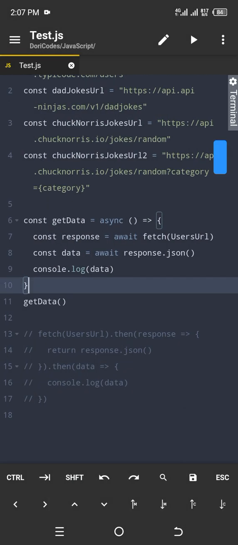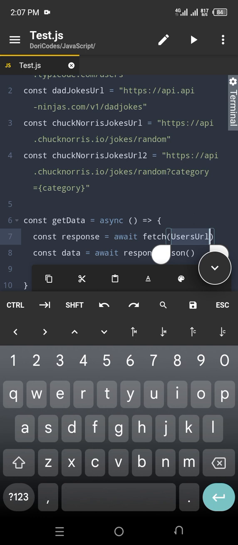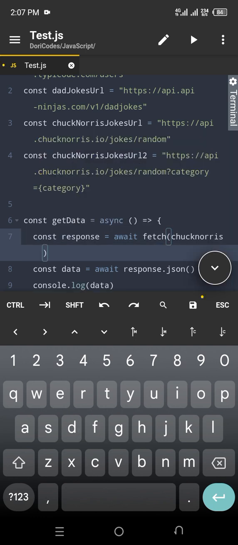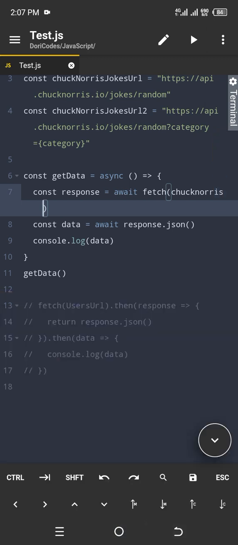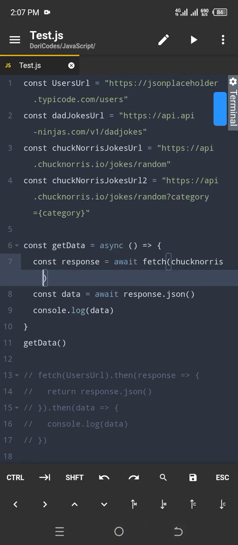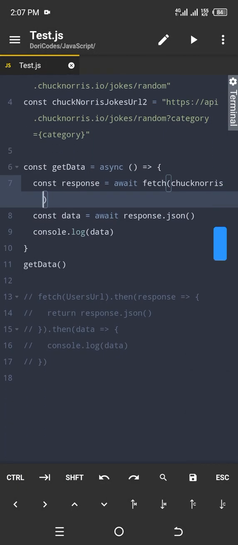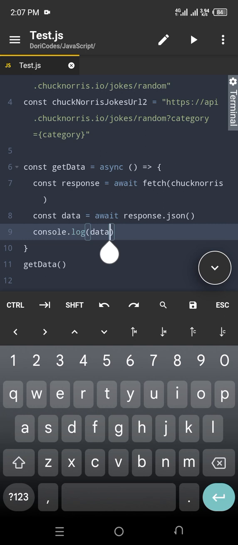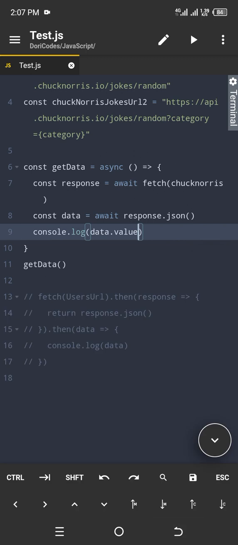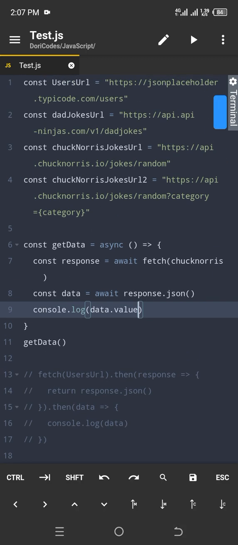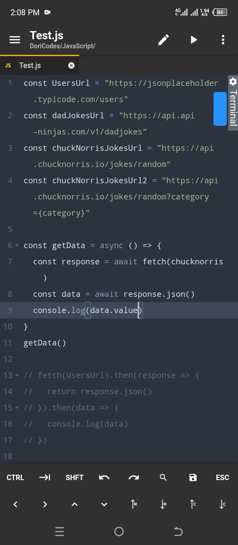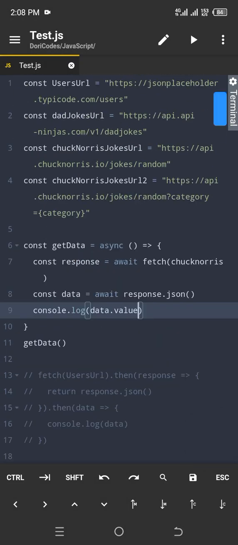So you can just replace all this data with, I'm just going to use the Chuck Norris URL. Then for Chuck Norris, if you display just data, you will get a whole object, but the actual joke is in a key called value. So if you need just the joke itself, just add .value, meaning retrieving only the value from the JSON that has been given out to you. So to get just the joke, this is what you need to do: .value. Then if you run it again, as I keep running, we're not going to see the results. So that's how we do